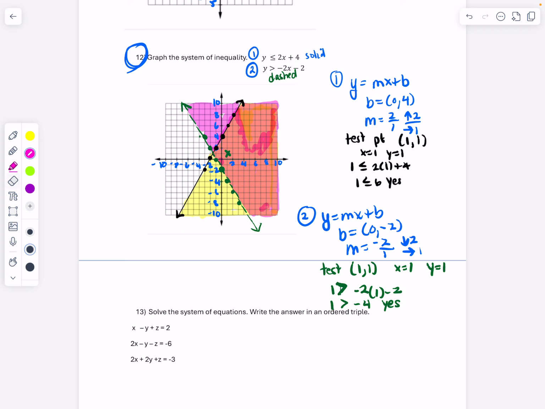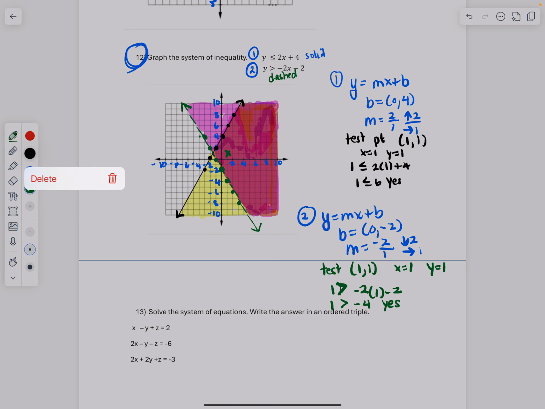Looks lovely. Anyways, I'm just going to make that purple. This area in here is what the answer is. So where the 2 overlap, we can find the answer. Okay. All right. So my answer, just to make it a little bit darker,